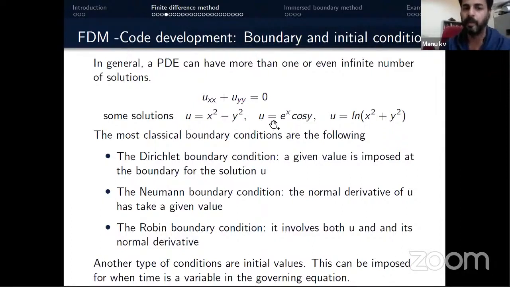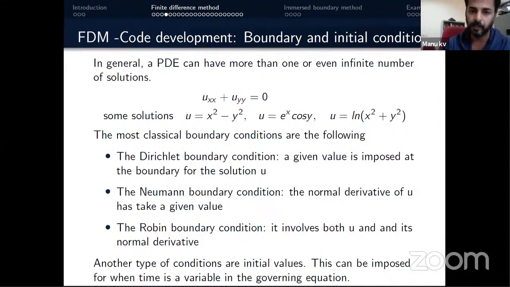U is equal to x square minus y square, e to the power x cos phi. These are some of the solutions. But for a physical problem, depending upon the boundary conditions, we will get a unique solution for that particular problem. So, even though there are n number of solutions, the one which is applicable for a particular problem depends upon the